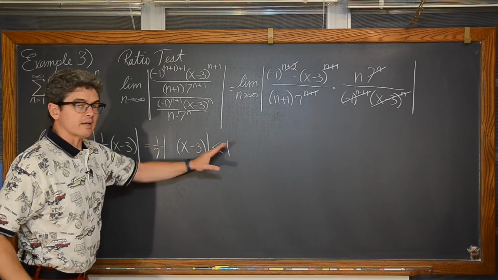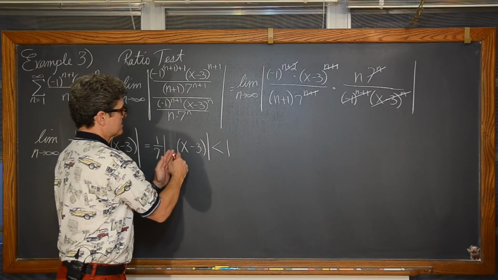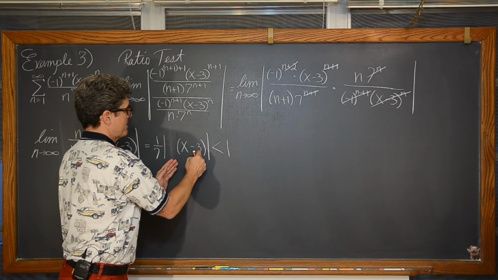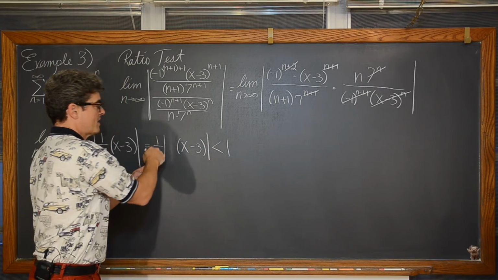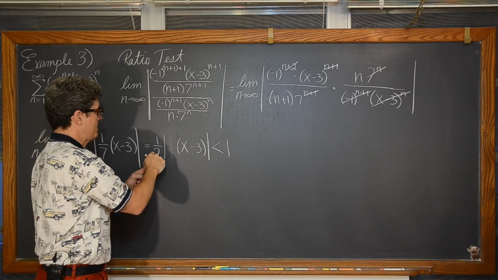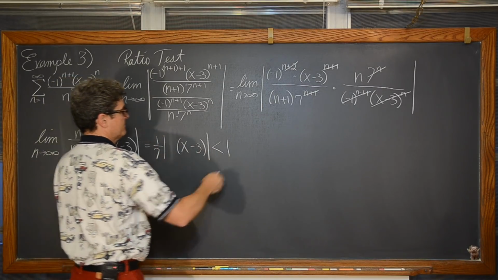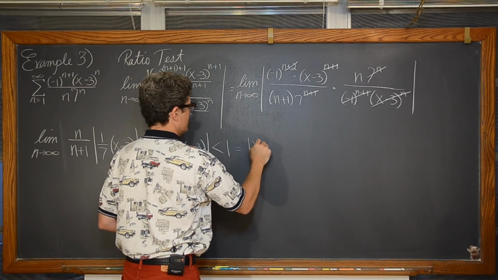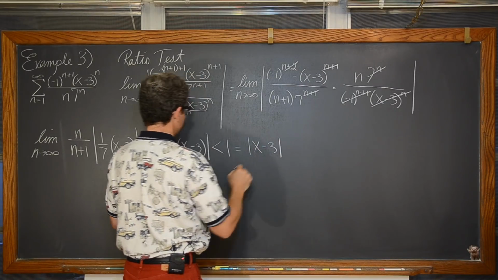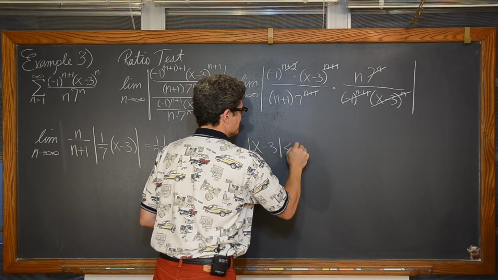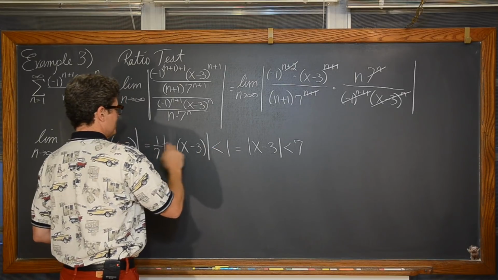And at this point, like I mentioned earlier in the notes, once you have that absolute value of x minus c less than, well, I don't have quite the absolute value symbol alone yet, so I'm going to multiply both sides by 7. And we have the absolute value of x minus 3. I almost started talking there, could you tell? And say something that was incorrect. We have 1 times 7 is equal to 7.